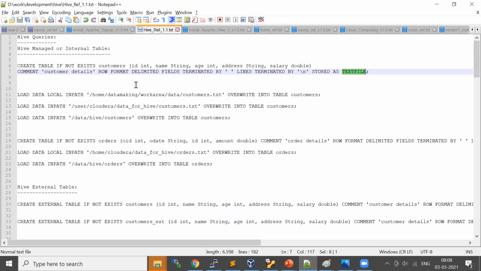Then you need to change a little bit of this. The table name and column information will be the same, but this part is going to be different for different file formats. This syntax will only work for the text file or CSV file. For other file formats, you need to change this part of your create statement.